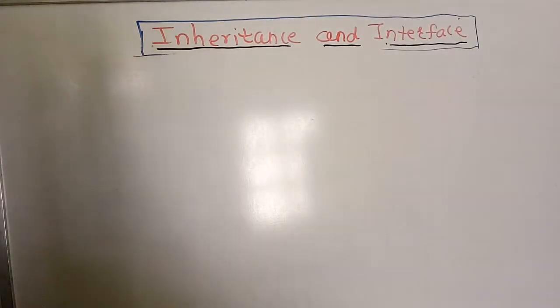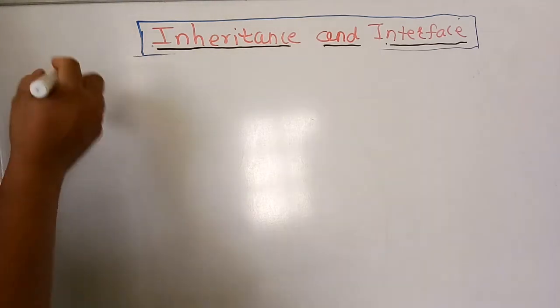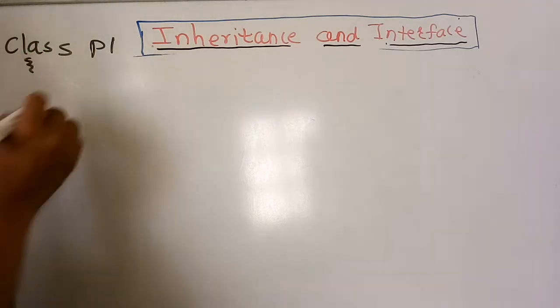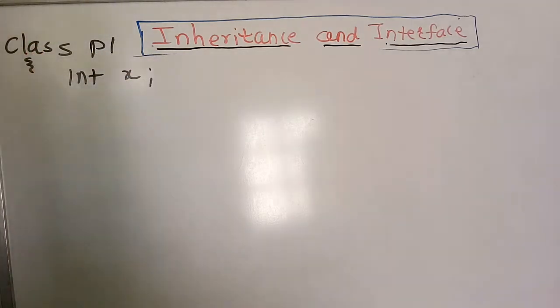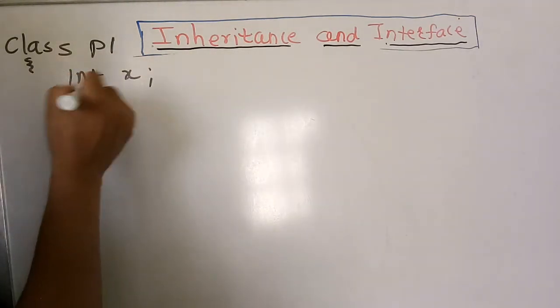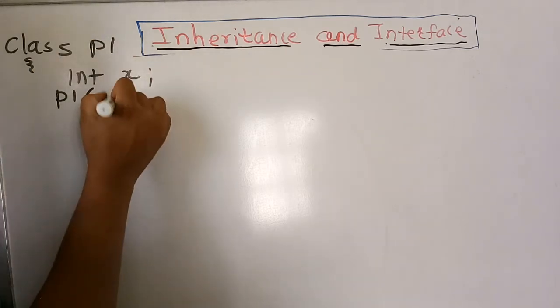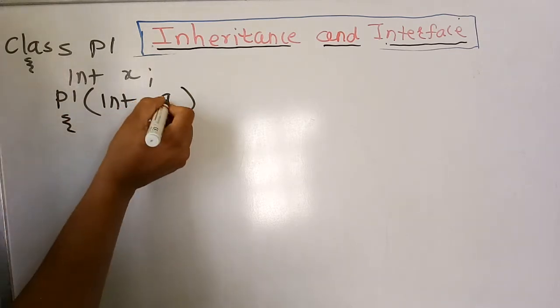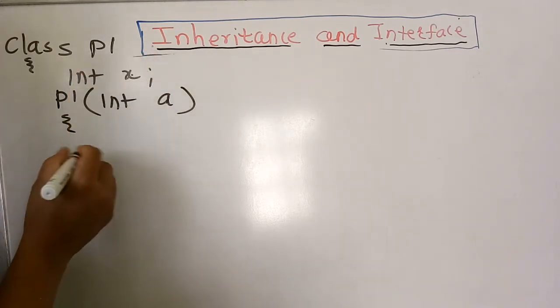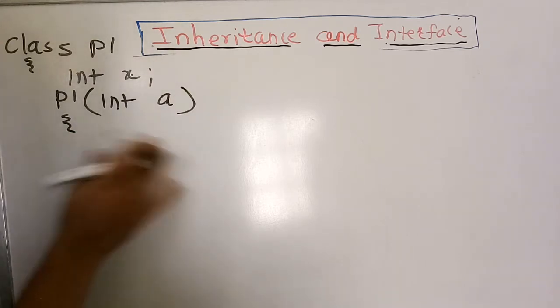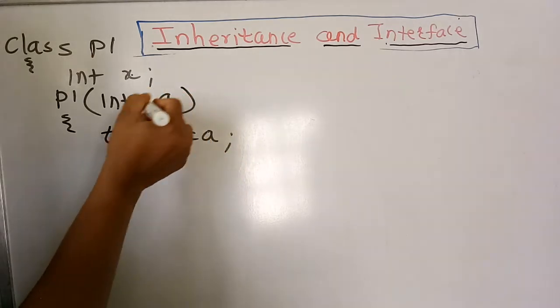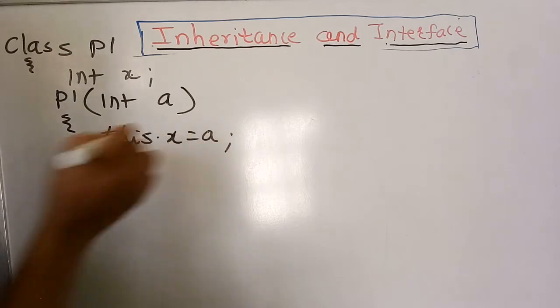Now we will take one example and try to solve this with the help of method overriding. To demonstrate it, we first create a class Parent1. In this class, we will take one variable of integer type, x. Then we create a constructor, Parent1, which accepts an integer variable a. This maps the user-specified variable to the class variable, like this.x = a. Means a's value accepted from the user will be put in x with this mechanism.